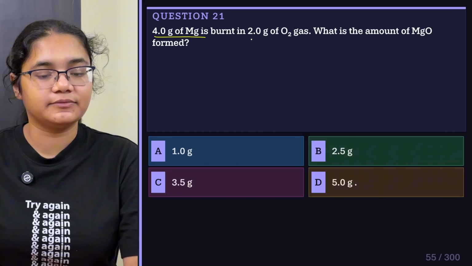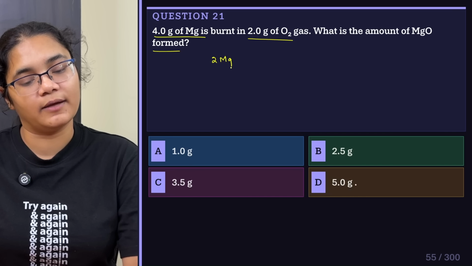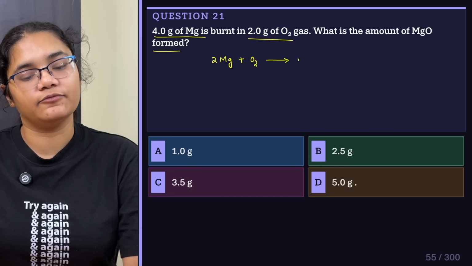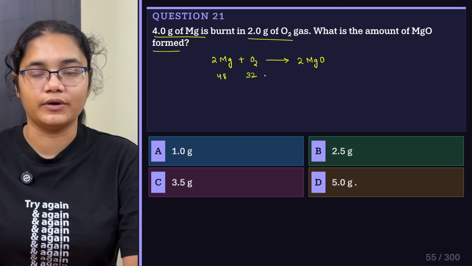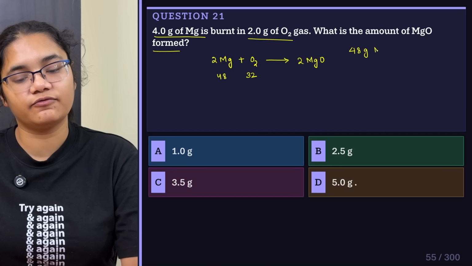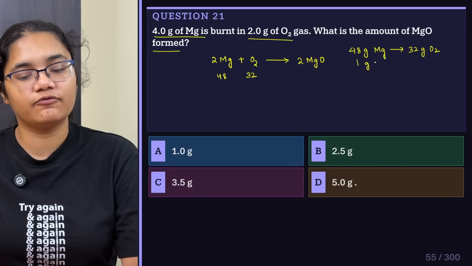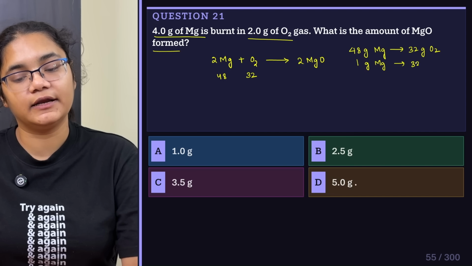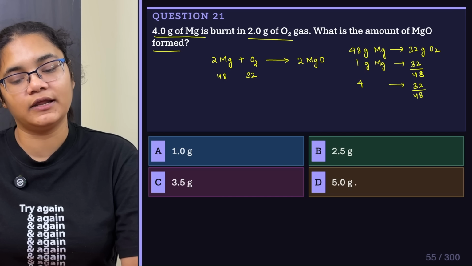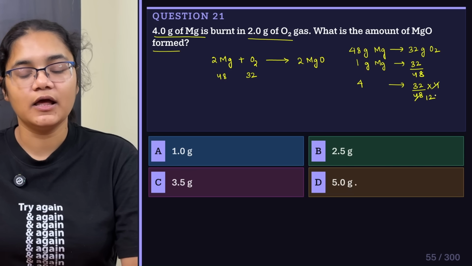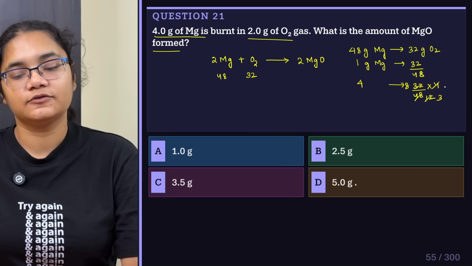Next, 4 gram of magnesium is burnt in 2 gram of O2 gas. What is the amount of MgO formed? So if I have this reaction, 2 Mg plus O2 gives 2 MgO, right? So now this is 48 grams and this is 32 grams. So we have 48 grams of Mg reacts with 32 grams of O2. Now 1 gram of magnesium will react with 32 by 48. Then 4 grams of magnesium will react with 32 by 48 into 4, right? So then again I can cancel, 4 3s are 12, 4 8s are 32, so you will get 2.6